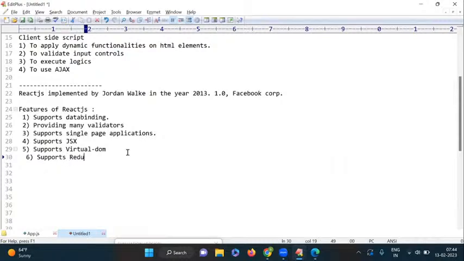Yes, Redux. Redux we are using to maintain the state of the application. For example, one page's information you want to access from another page. For that we use different techniques like cookies, sessions, local storage, session storage. Different types of techniques are available. In the same way, we can also use the Redux concept to access the data of one page from another page in the web